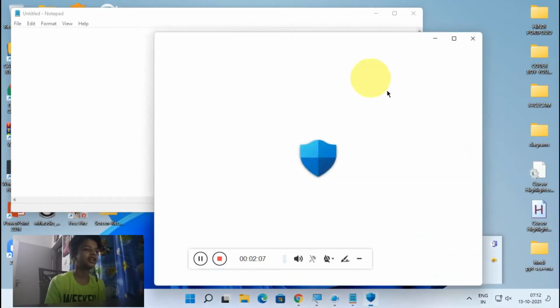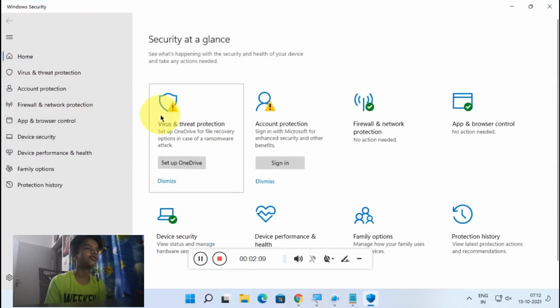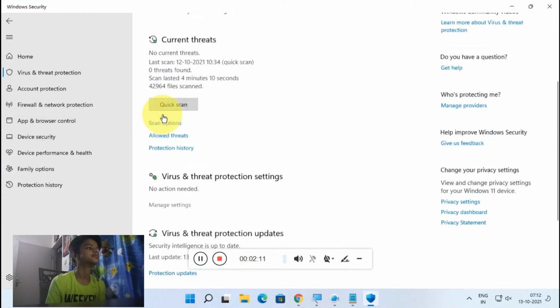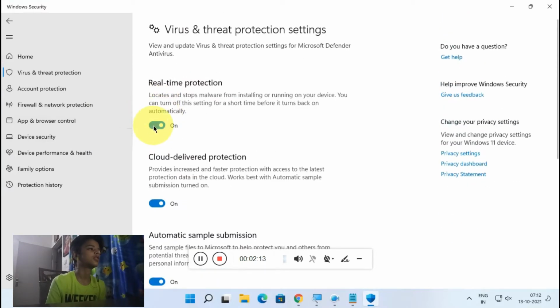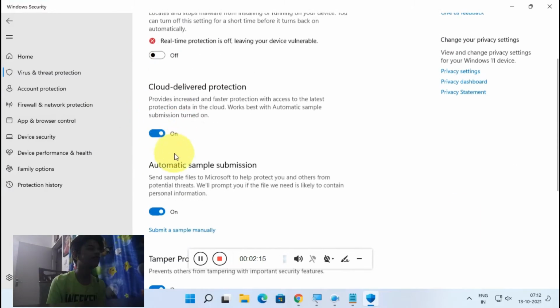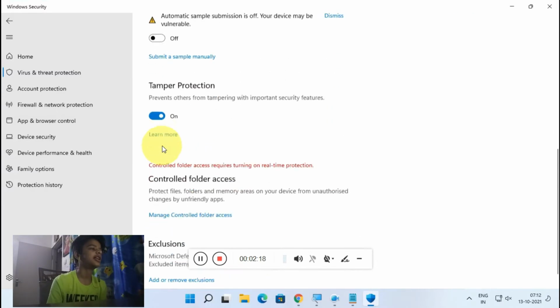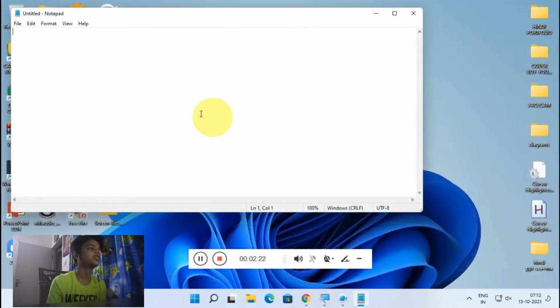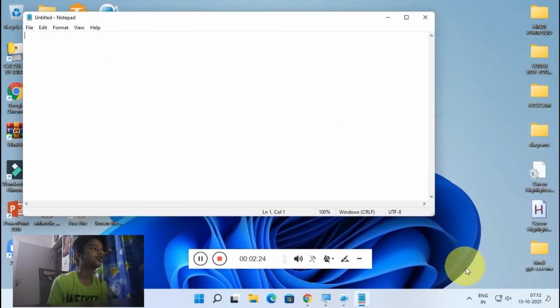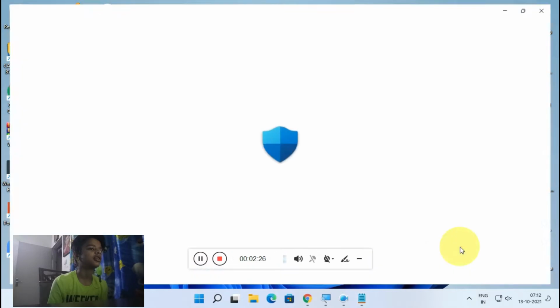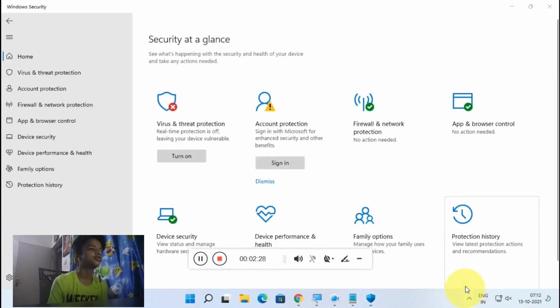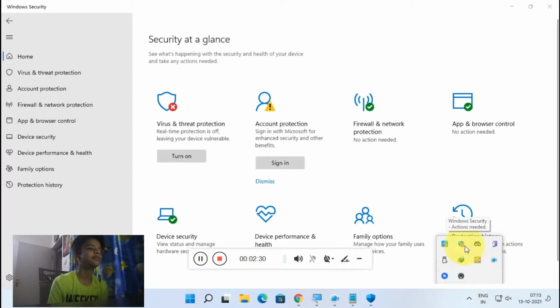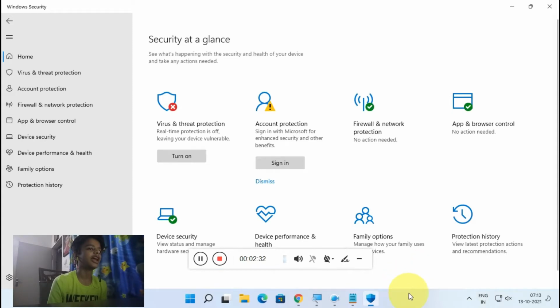But before pasting it, I would like to tell you to turn off your antivirus software. Guys, if you are using any other antivirus software like Avast or Kaspersky, then please turn it off, otherwise this process will not work. If you don't know how to turn off your antivirus and you are using Windows Defender, just open your tray, and here will be the tray icon, Windows Security.